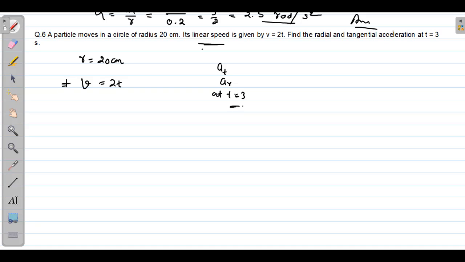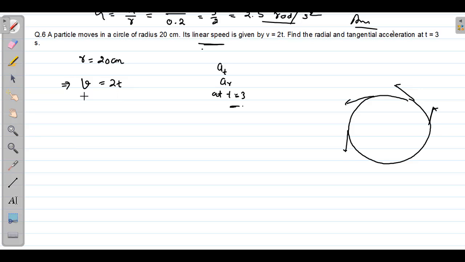Here, from the given relation v = 2t, it means this linear velocity, which is along the tangent in a curved path, or say in a circle, this is the velocity v along the tangent. This velocity equals 2t, it means as time changes, this velocity increases. Say at t = 1, it is 2 meter per second. At t = 2, it is 4 meter per second. At t = 3, it is 6 meter per second, and so on. That means velocity is not constant. It is increasing with time.